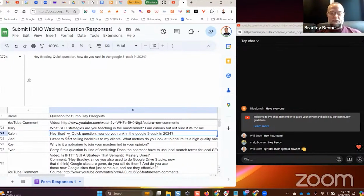Back to my example, if a tree service contractor is doing this regularly, and there are other things I'll point out in just a minute, if they regularly mention the areas they've provided services to, and they use variants of the different services they offer: tree removal, tree felling, tree trimming, tree pruning, tree removal service, tree trimming service, tree care, arborist service, stump grinding, stump removal, land clearing, brush clearing, lot clearing, construction clearing. These are all variants of the services they provide. So if they diversify the words they use within their review replies or Google Business posts,